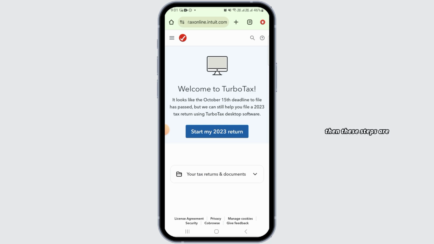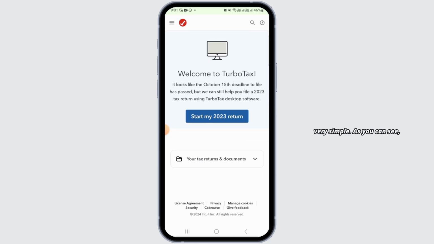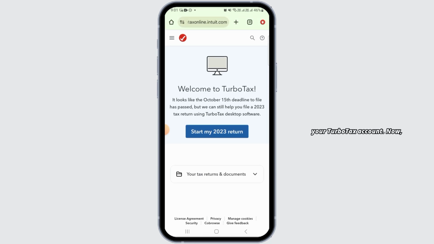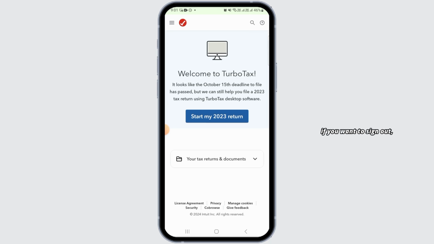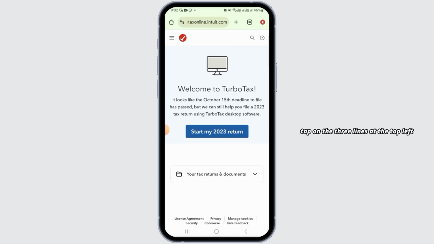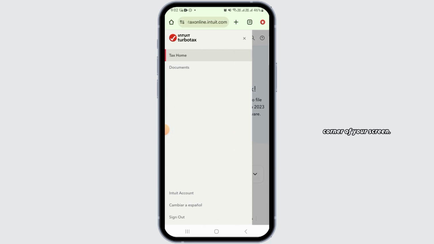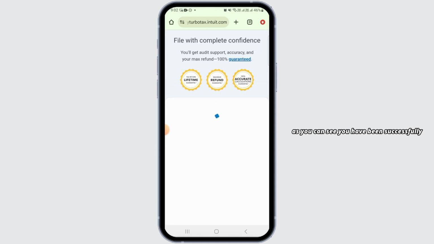Now, once you have been logged in, if for some reason you want to sign out of your TurboTax account, then these steps are very simple. As you can see, this is the home page of your TurboTax account. Now, if you want to sign out, tap on the three lines at the top left corner of your screen. Here you will have different options. At the bottom you will find a sign out option. Go ahead and tap on that. As soon as you tap on the sign out option, as you can see, you have been successfully logged out